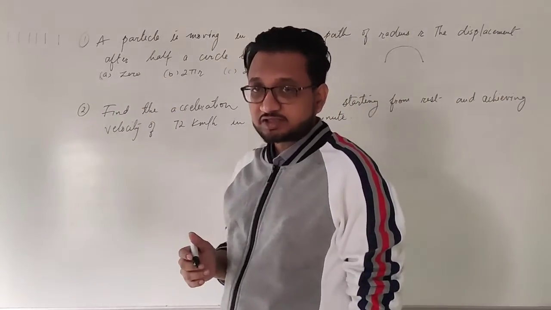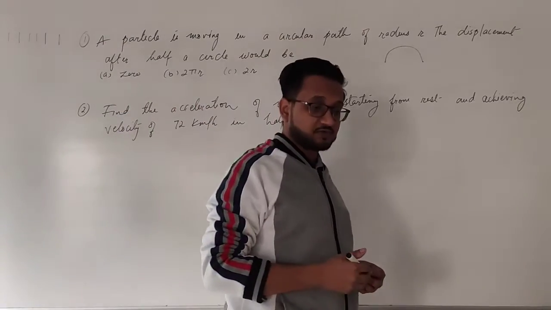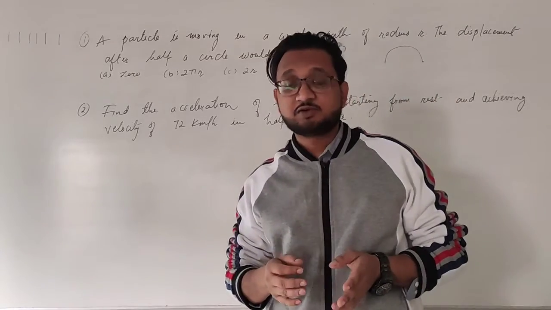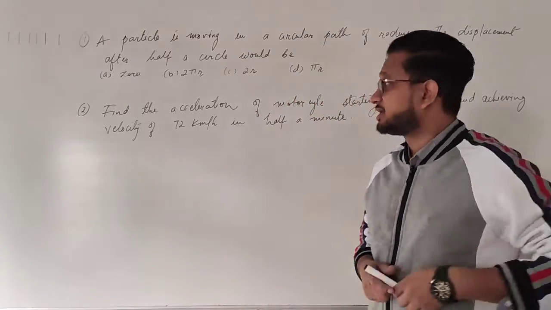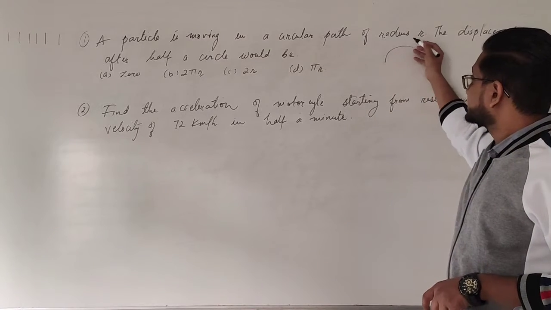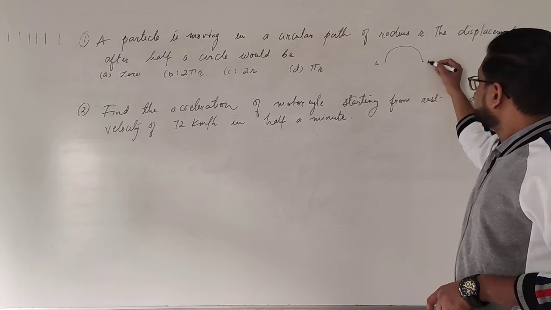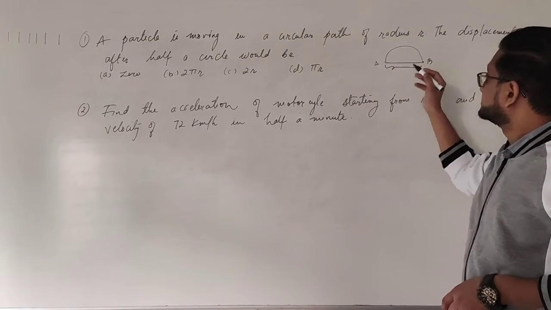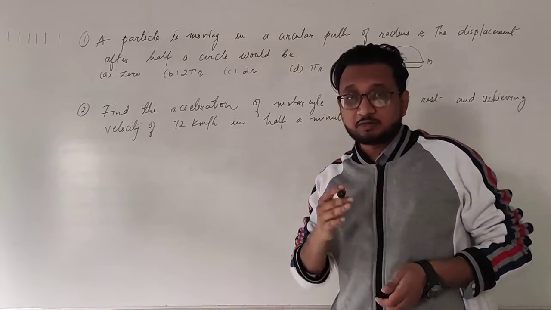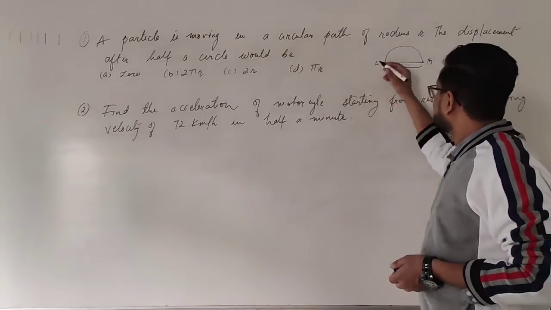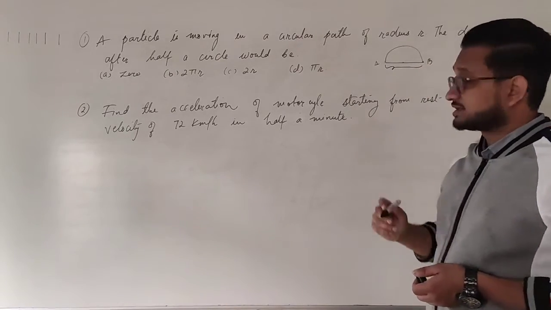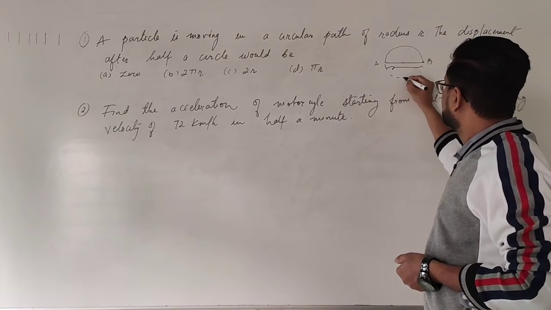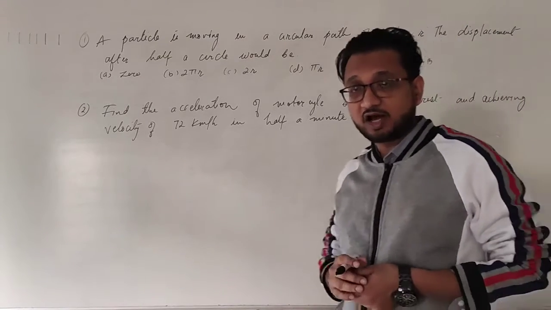So what is actually the definition of displacement that we discussed in the last video? Displacement is actually the shortest distance or the shortest path from point A to point B. Now obviously the particle has taken a circular path, but if you look at it, the shortest path will be this one. Now because the particle is covering half a circle, that means there is a center point over here. If you look at the whole circle like this, then this is the semicircle, half of it.